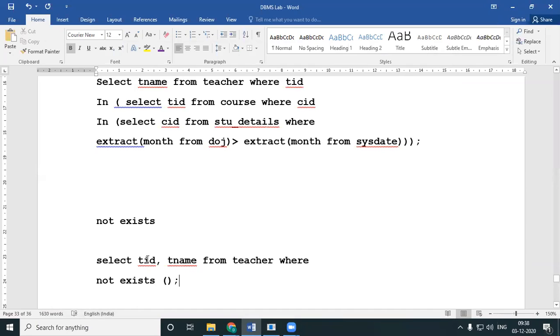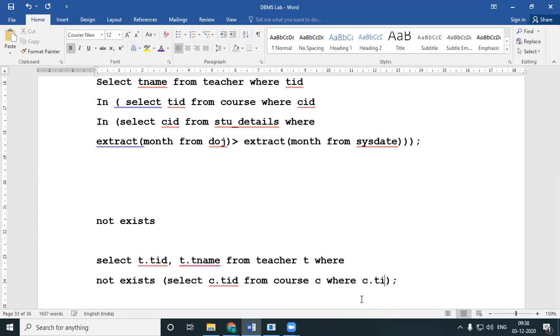And then I finish off my query. So TID is common. So I write SELECT TID FROM course WHERE, I'll just do aliasing, course C, teacher T. Do aliasing, things are easier, WHERE C.TID is equal to T.TID.